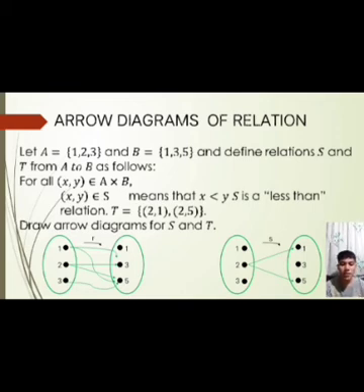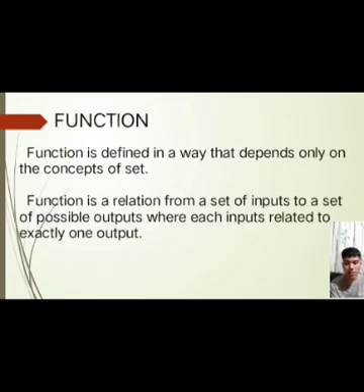First example, on the left side is 1, 2, 3 for A and 1, 3, 5 for B. And the right side, 1, 2, 3 for A and 1, 3, 5 for B. Function. A function is defined in a way that depends only on the concept of set. A function is a relation from a set of inputs to a set of possible outputs where each input is related to exactly